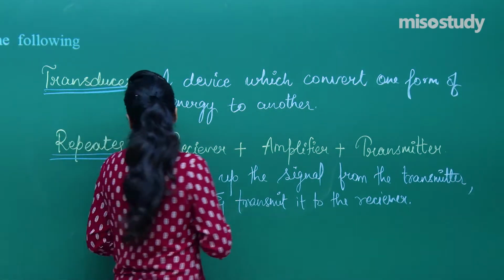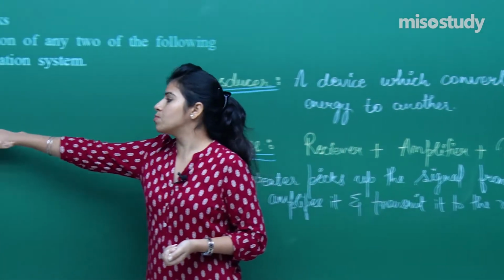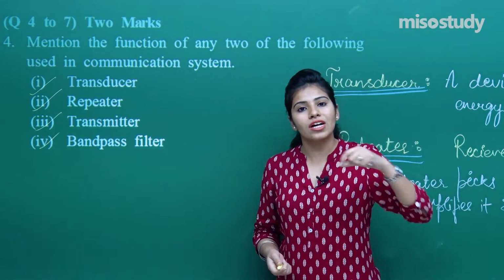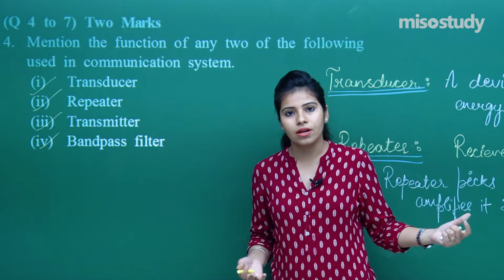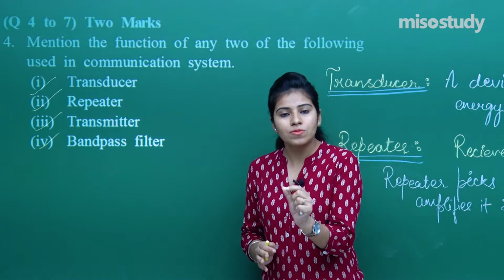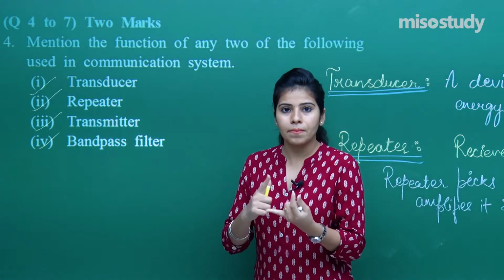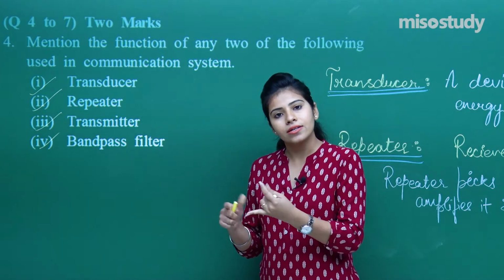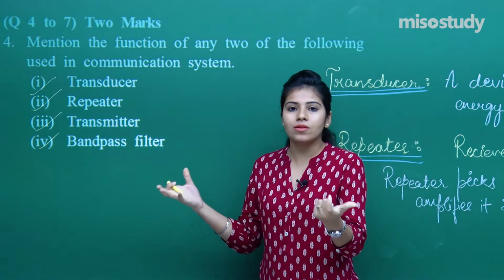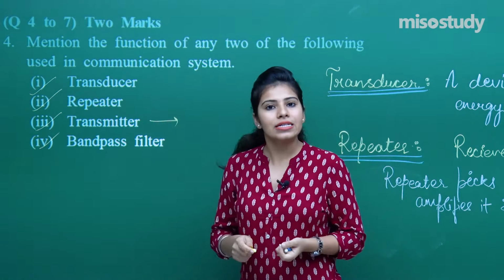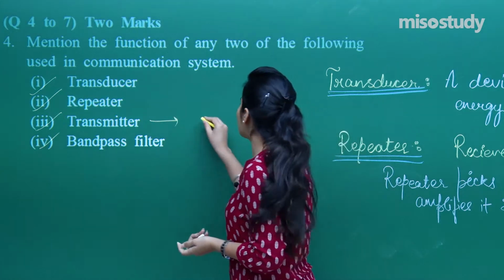Okay. So third one, the third term says the transmitter. Now you know that the role of transmitter is to transmit the message or the signal. So we can say the transmitter is again the full package of source, message and the transmitting, or you can say the modulator. So we can say transmitter is a device which is composed of